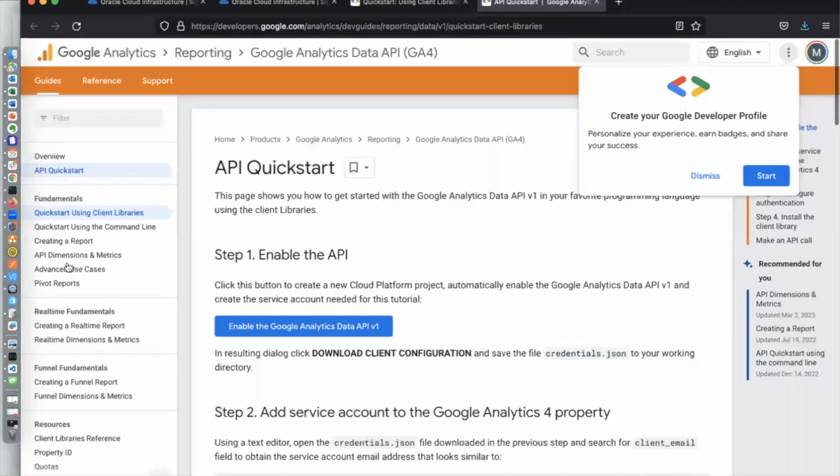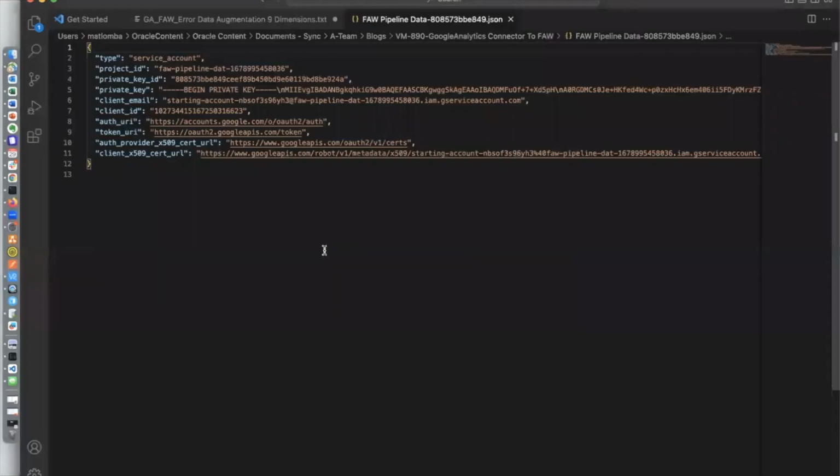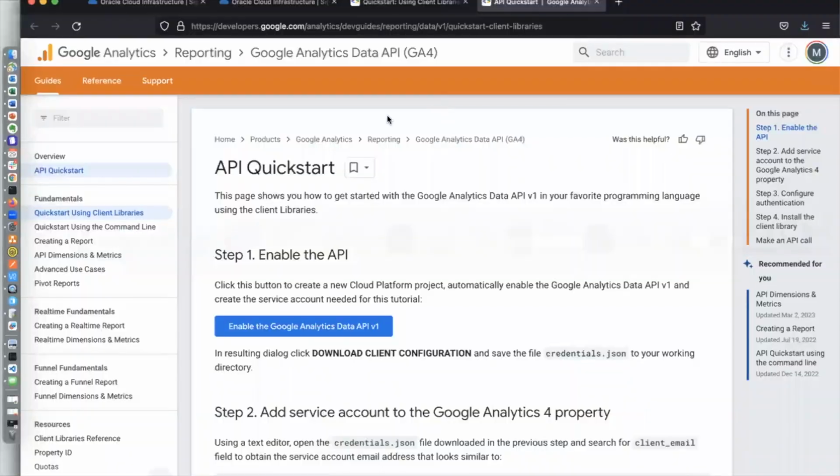And that JSON file has basically this structure. If we want to look at it, it'll give different JSON properties. And the property that we're actually interested in, in our case, is the client email ID. That's the email that we're going to be using in the property afterwards, to make sure that this account has the proper permissions. So to do that, we'll go back